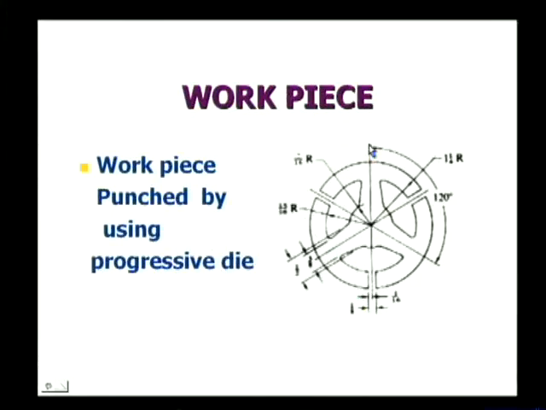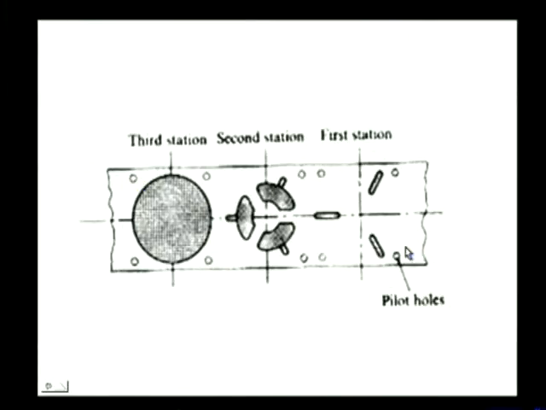Now let us see a workpiece, and such a workpiece can be manufactured by using progressive die. Workpiece punched by using progressive die. So you can see the special shape of this workpiece, and this is the strip or the stock material, and this is the punching operation carried out at the first station. So this is the first station where, as a result of punching operation, these three holes are made, and then the stock moves